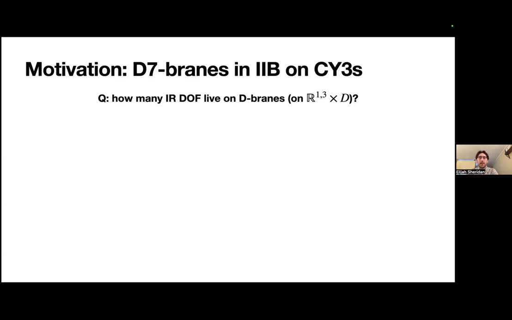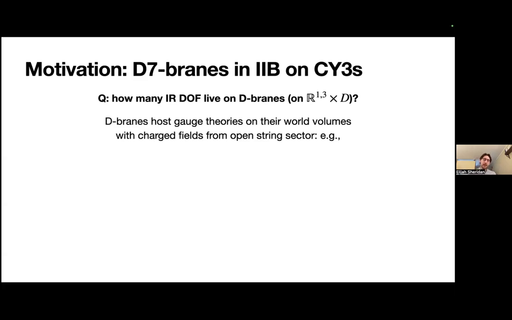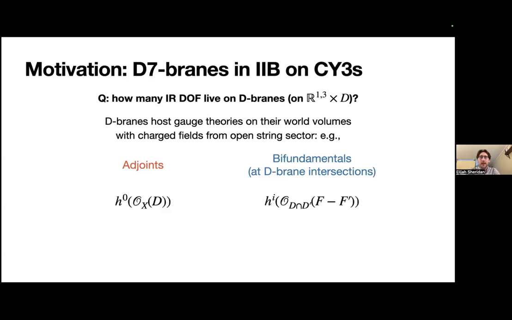If I imagine wrapping a D7 brane on the Minkowski four dimensions and some compact four-cycle, a core fact about D7 branes is that they host gauge theories on their world volumes. And there are fields in the low energy spectrum that are charged in these gauge theories, arising from open strings ending on these D-branes. The particular details here aren't especially important. For example, you have adjoint valued scalars as well as bifundamentals charged under multiple gauge groups arising at intersections of these D-branes. The point that I really want to stress is that you have some charged degrees of freedom in the infrared,